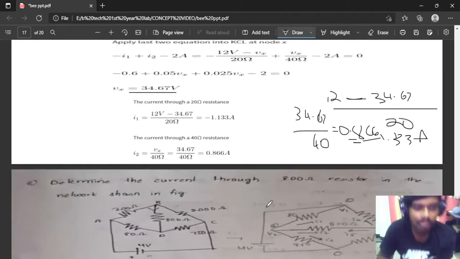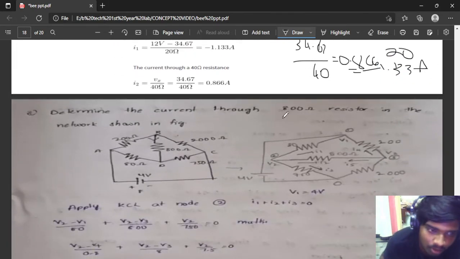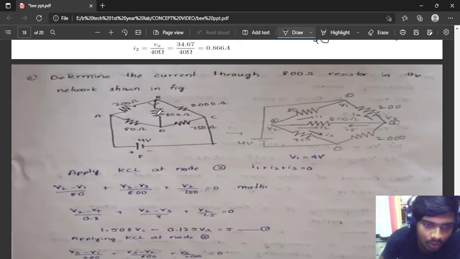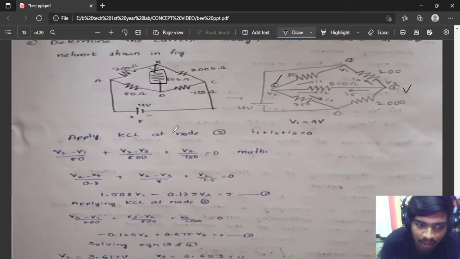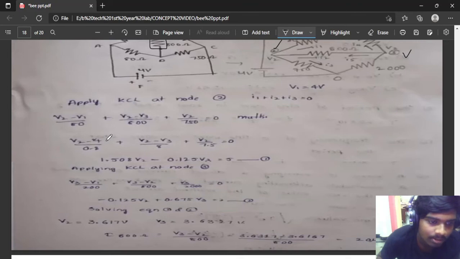Okay, and determine the current through the 800 ohm resistor in the network shown in the figure. We are going to find the current flowing through this 800 ohm resistor. Firstly, we are going to find the number of nodes in this circuit. Node 1, node 2, and node 3, and writing the KCL at node 2, that is V2 minus V1 by 50, V2 minus V1 by 80 plus V2 minus V3 by 800 plus V2 by 750 equal to 0, and simplifying this equation,